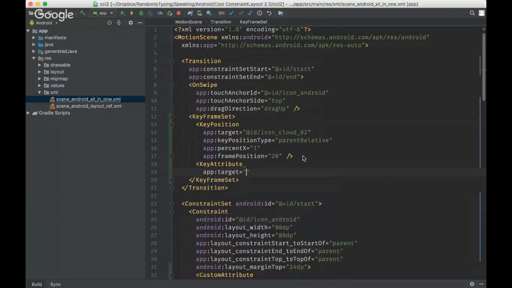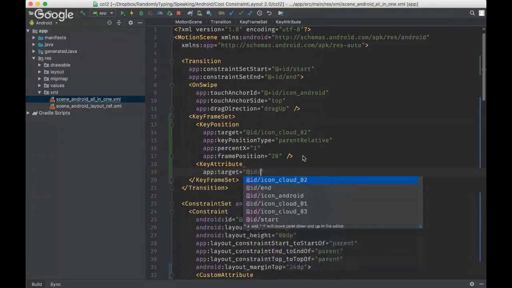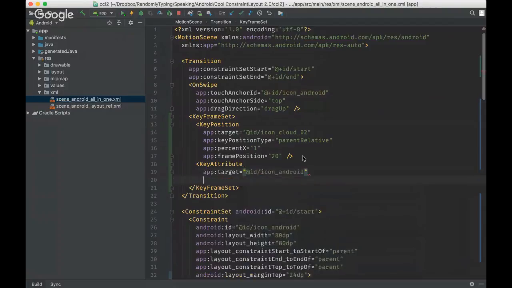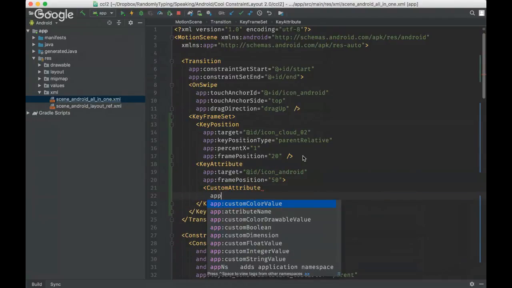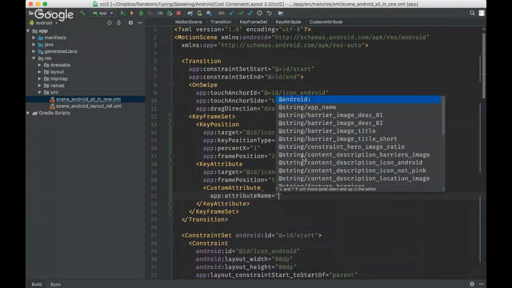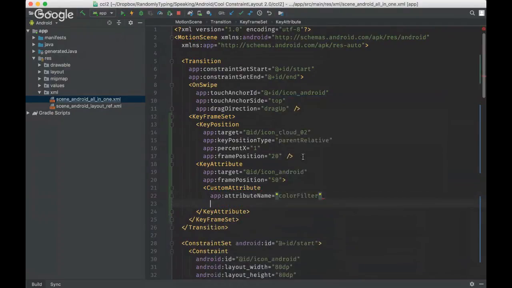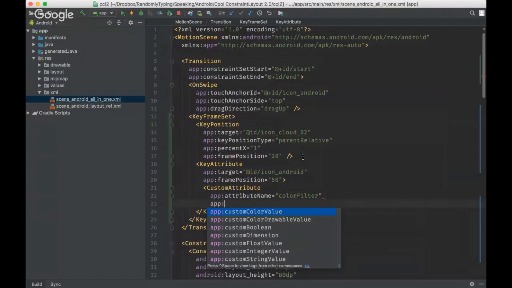So how about I take my Android icon, and let's say that because I love Android so much, I'm going to turn my little Android red. Let's say halfway through, so at frame 50, so 50 out of 100, I'm going to say that, again, using custom attribute, that the color filter, which is the tinting on the image view, is going to be